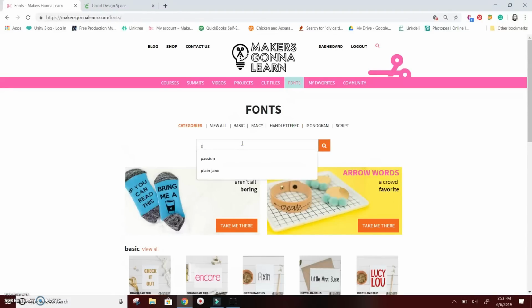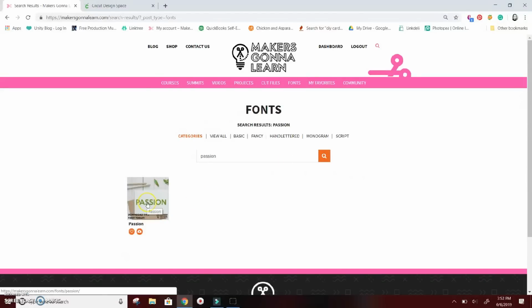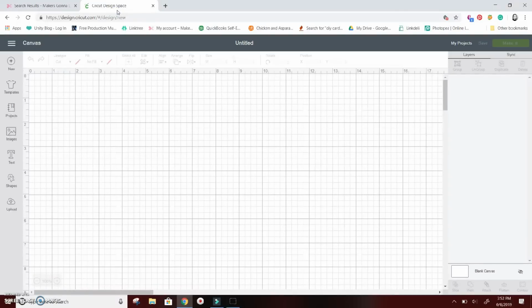Let me show you what this looks like. It's actually really pretty. Let me pull that up, and it's a gorgeous, very clean font that you can use for a ton of different stuff. So there you have it. I have downloaded it and installed it to my computer. So we're going to go back over to our canvas, and we are going to begin by creating our card